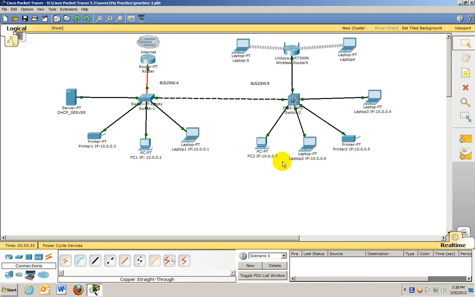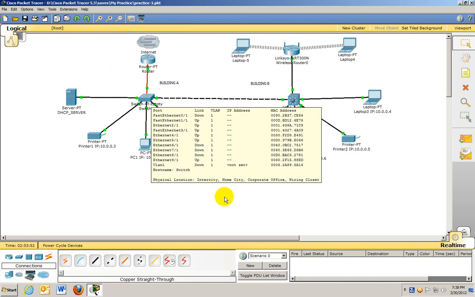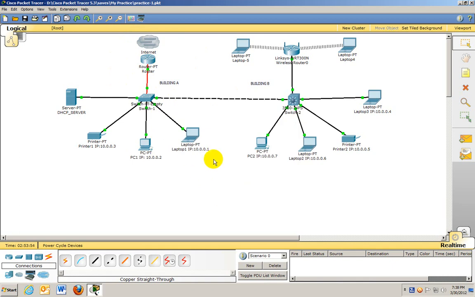As you can see, the network is laid out. This is a small network. There is a router that connects to the internet. This router connects the whole LAN to the internet. All these computers go to the internet through this router, and also there are two switches that connect to the